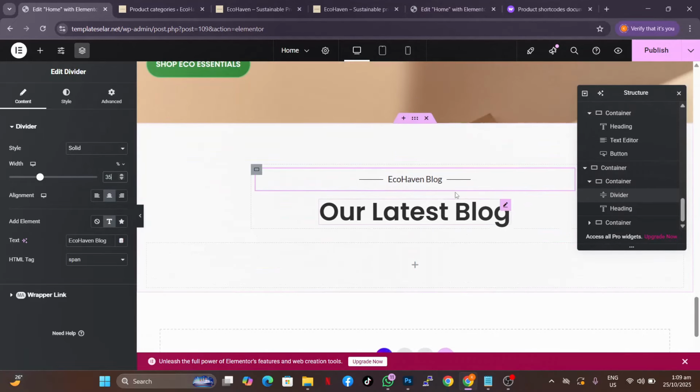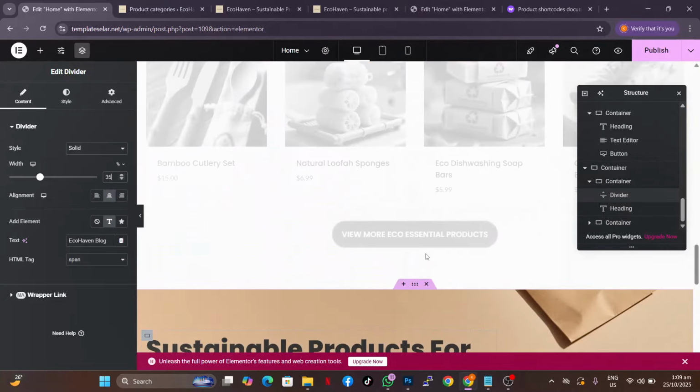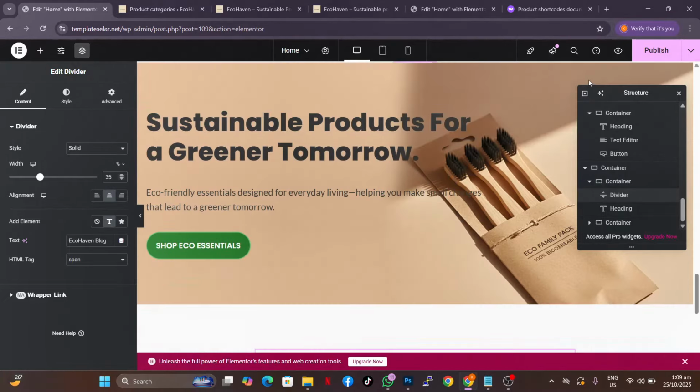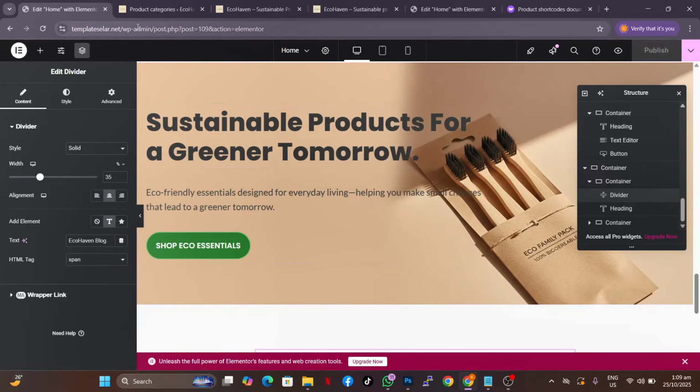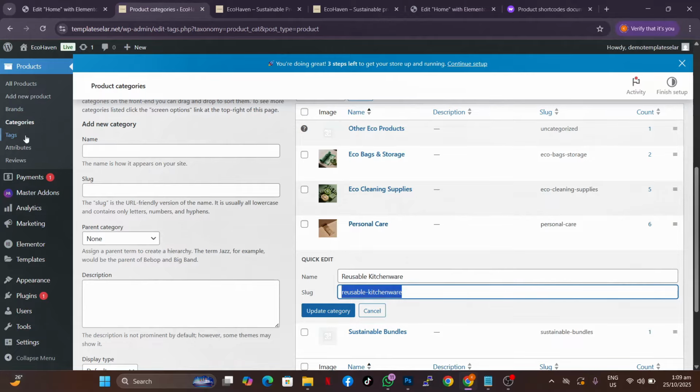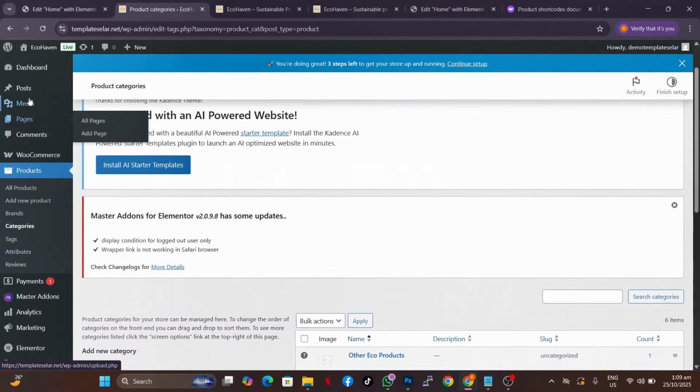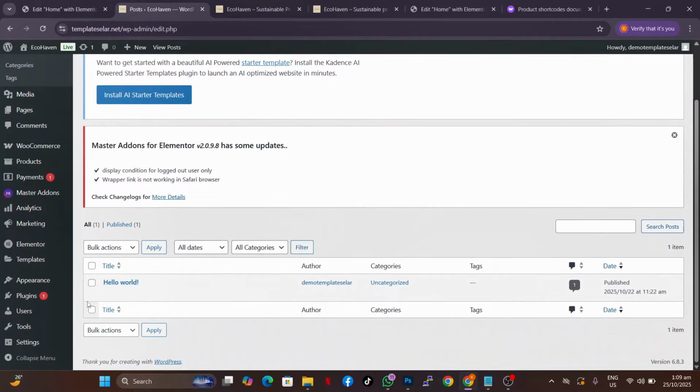So we have our latest blog over here, and over here we can add the latest blog that we want to add. So let's publish this one. Since we don't have the blog post yet, let's go ahead and create that blog post. So we're going to go back to our website, go over to post, all post, and you see we only have one post over here, so we're going to trash this post,